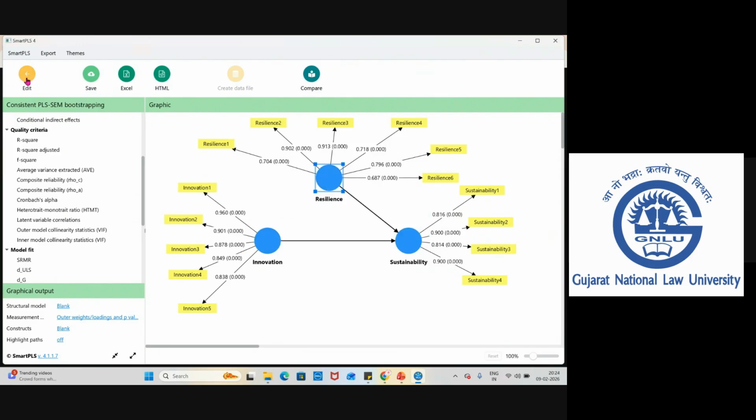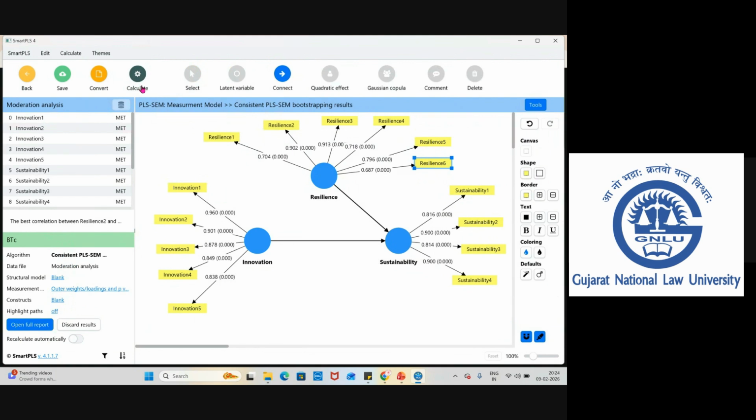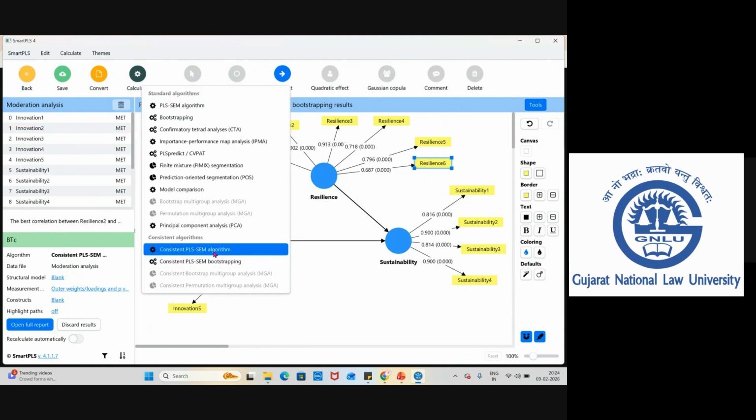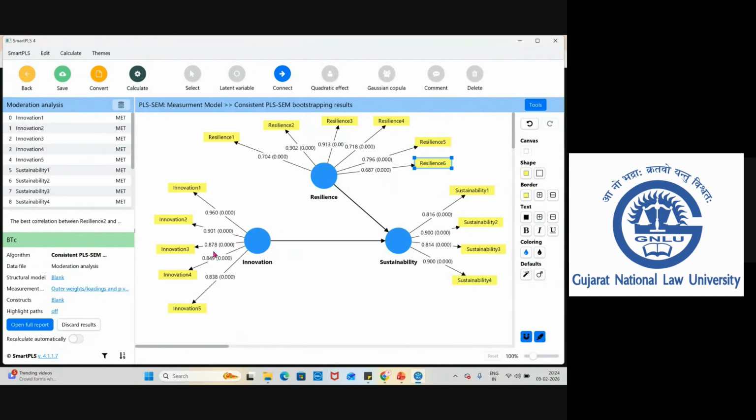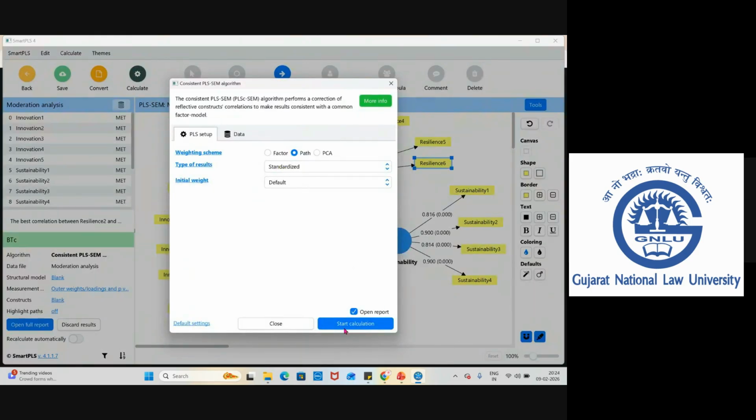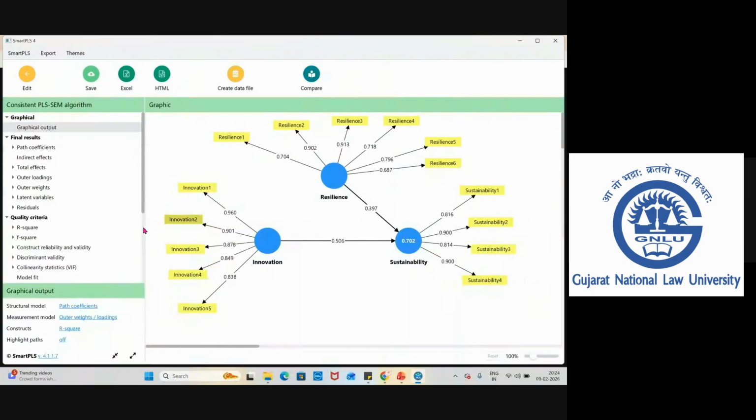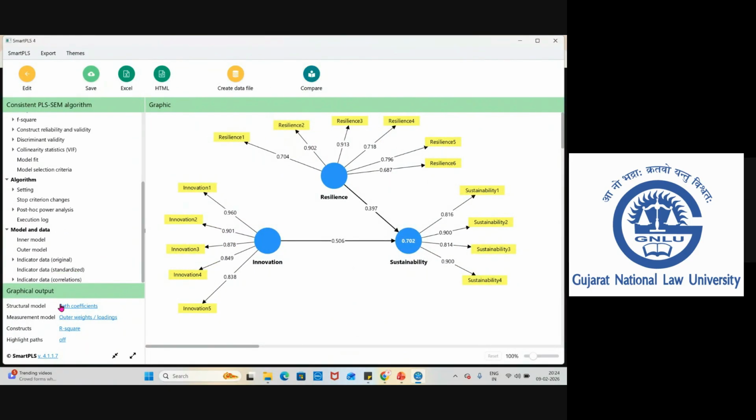Next, go to edit, calculate, consistent PLS algorithm, and we are going to see the constructs measurement path.